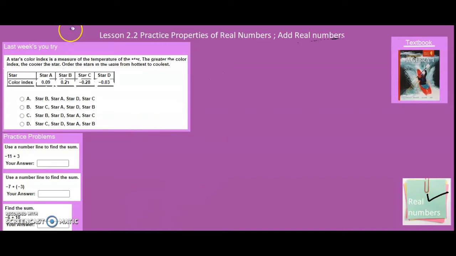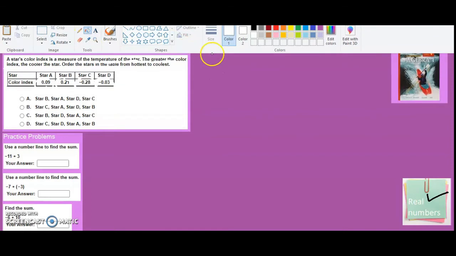Today we're doing lesson 2.1, practice properties of real numbers and add real numbers. So here's one of the terms we learned last week, real numbers. Let me refresh your memory on real numbers. What are real numbers? Real numbers are numbers such as